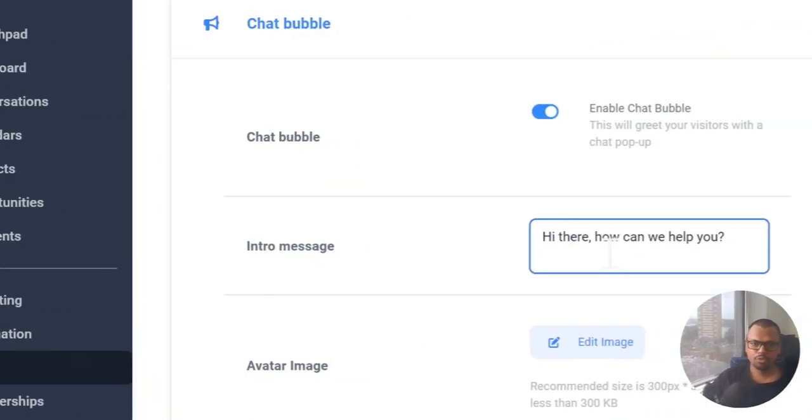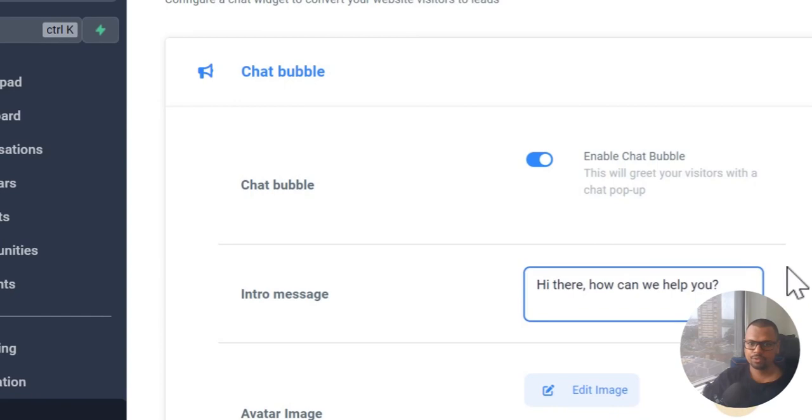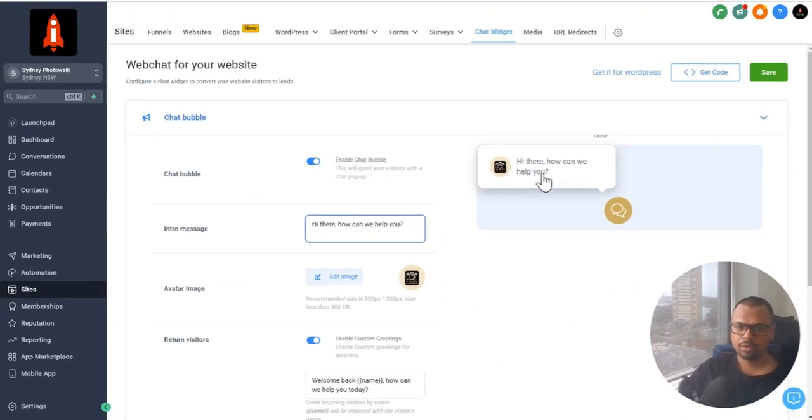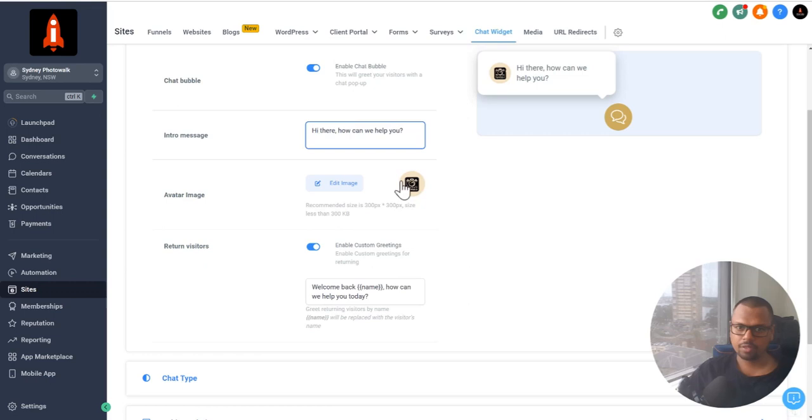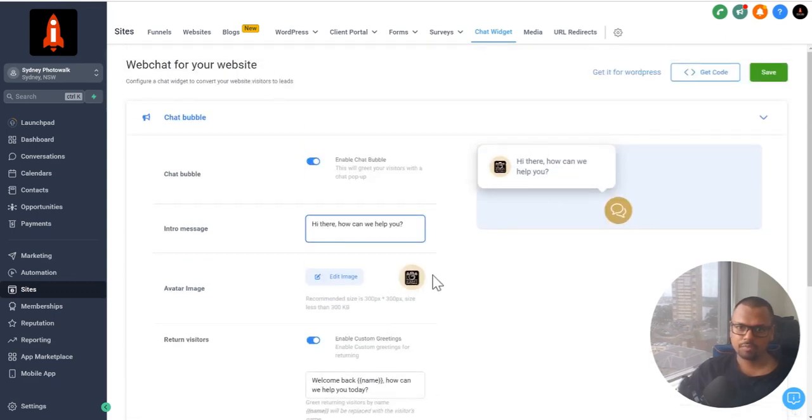So this is the intro message, more like a welcome message. When you are on the website, you can see the chat bubble with this message popping up. If you want to change that, you can change it from here, and this is where you update the chat widget image like this. If you have your logo, you can update that here,